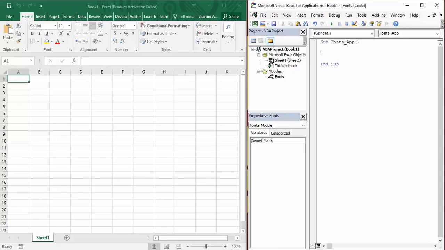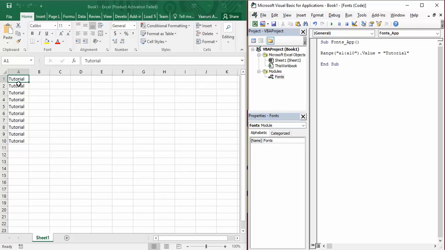could be executed. Now first of all, to apply anything to the fonts, we must have some text. So first of all, what I'm going to do is use the Range function and add some text to my cells. So I'm going to use cells A1 till A10, and in it I'm going to use the property Value, and then in the value I'm going to write something, say Tutorial.